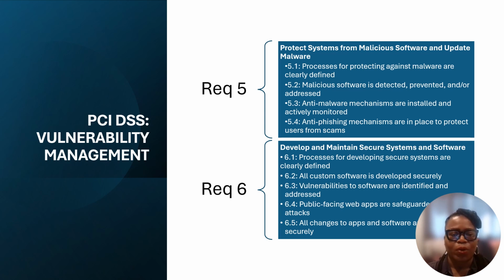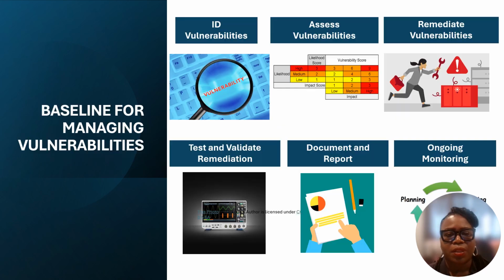Let's look at some ways to implement a baseline for managing the vulnerabilities. First thing, we need to identify the vulnerabilities. An organization would use an automated tool to scan the network regularly and its systems and applications for weaknesses. They would cover both internal and external resources, and the scans would be performed regularly, quarterly,